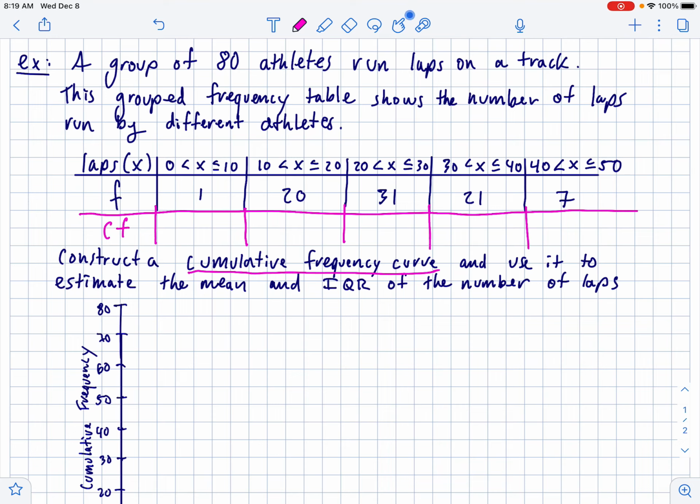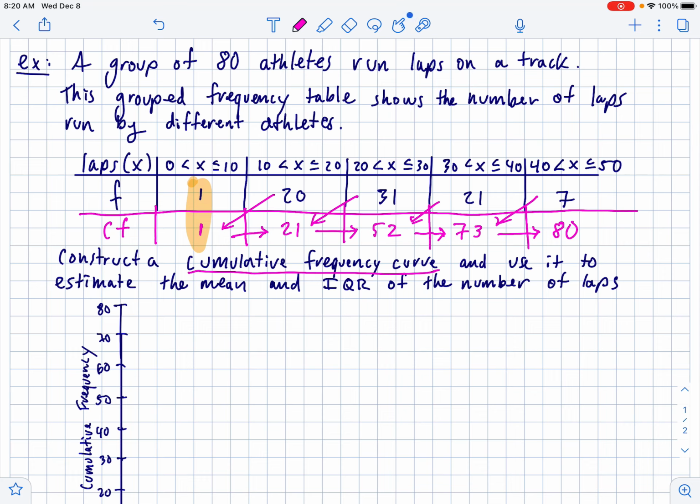Remember, to find cumulative frequency, it's just a running tally of the frequencies that you've acquired so far. So in the problem here, we only have one frequency so far, but then you add 1 and 20 together to get 21. So it's like 20 plus this 1 is equal to 21. Then we're going to add 31 to that. So it's like 31 plus 21 is 52. 21 plus 52 is 73. And then 7 plus 73 is